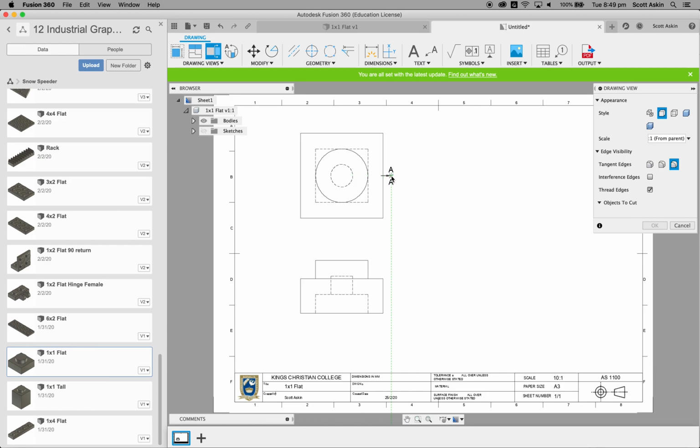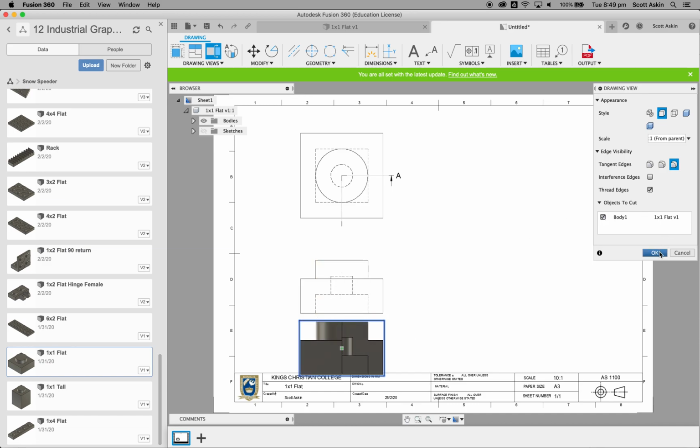Click once there. Move my cursor now to the center of the circle. You can see that green circle goes around the center circle. I snap to there. Then drag it down. And lastly, click outside the drawing again. And to finish that off, we hit the Enter key. And you might see now a sectional view is being projected away from it. So I'm just going to bring that view down here